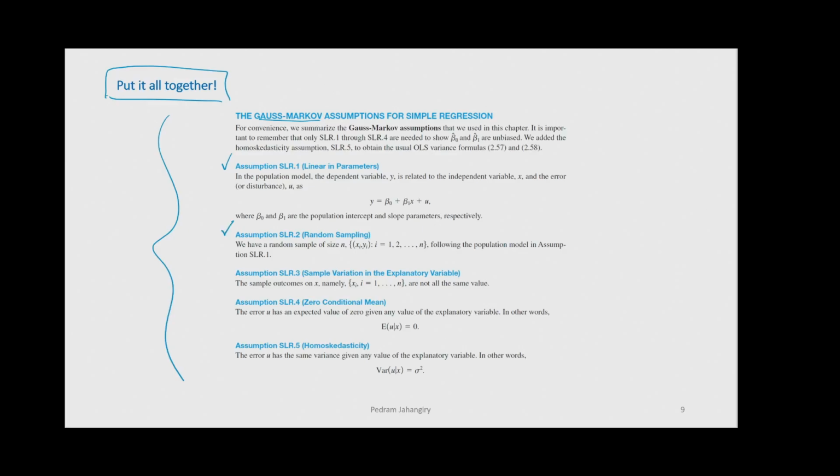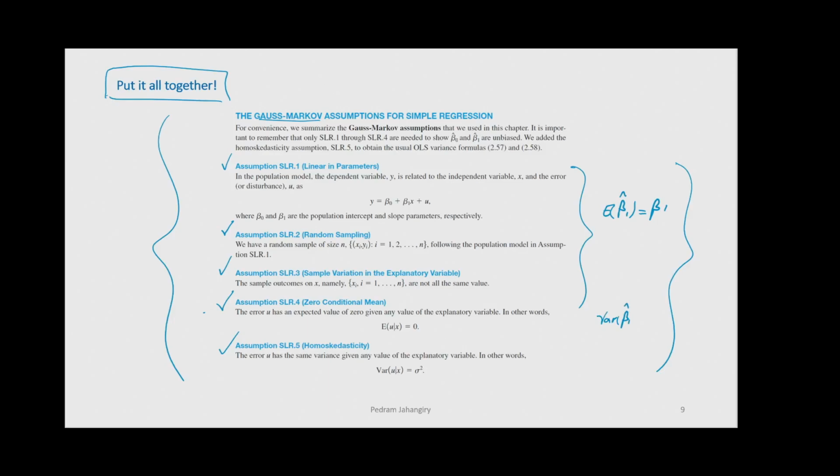Then we have random sampling. Then the variance of x should not be equal to 0, should be a positive number. Then we talked about the zero conditional mean assumption, and finally homoscedasticity. With the first 4, we have unbiasedness of OLS, expected value. You see, I'm repeating myself a lot because it is important. So with the first 4 we have unbiasedness, and adding the 5th one, we can say something about the variance